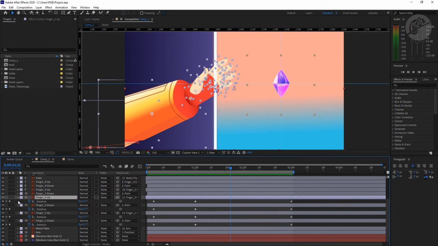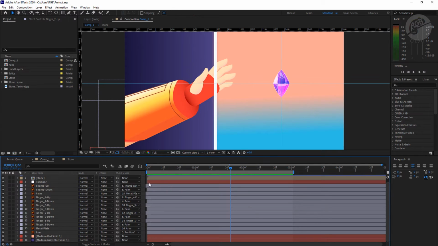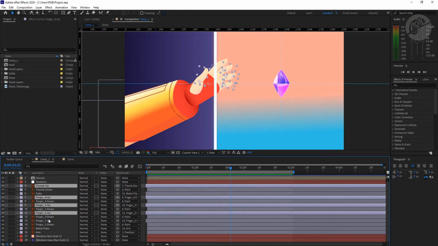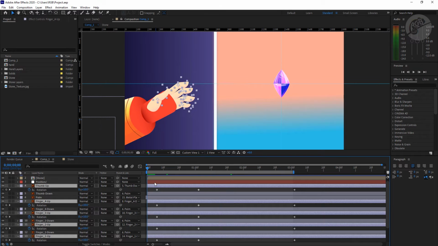Let's just close all these layers. Okay, so now you can select all this upper version of this finger, and you can place them like 1 or 2 frame after the main animation. Okay,